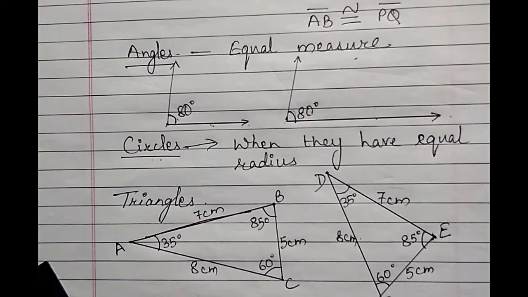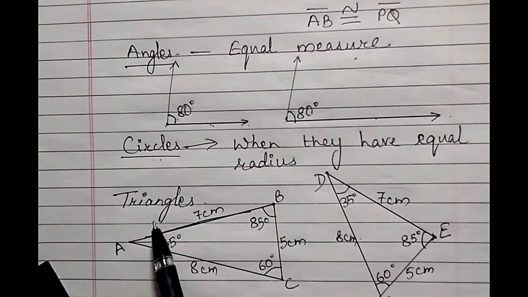Now, when we say that two plane figures are congruent, then their measurements are equal. Similarly, if they have equal measure and they are similar in shape, then they will be congruent. It means both ways, if they are congruent then all the measures will be equal. If the measures and the shape are the same, then they will be congruent.